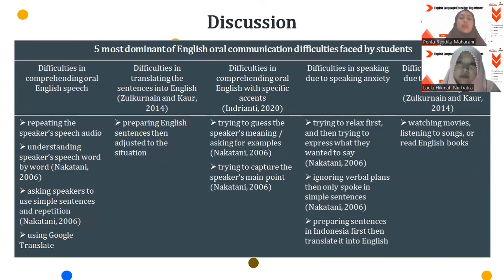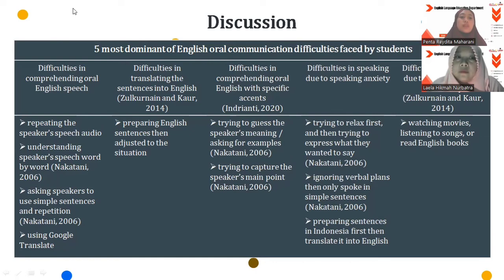For the discussion, we found that there are 5 most dominant English oral communication difficulties faced by students, and for the first finding, we found that this is the first English oral communication difficulty faced by students in the nursing program in the academic year 2020-2021, which were difficulties in comprehending oral English speech. And to cope with these difficulties, the student used four strategies,